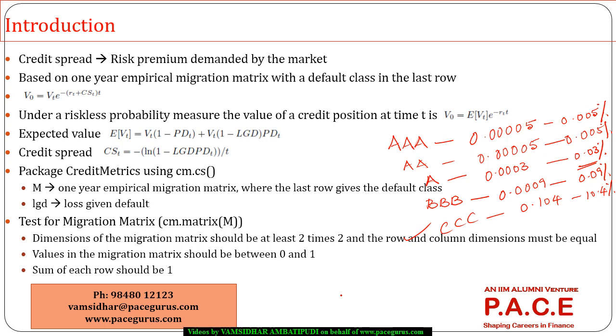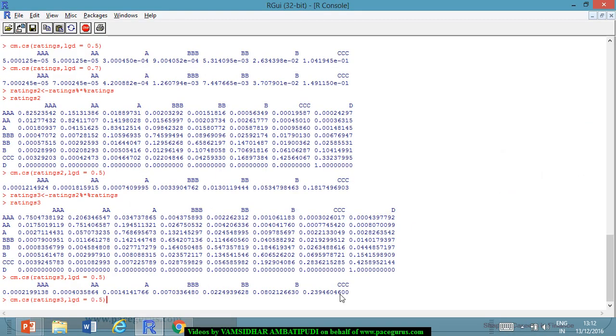Now, if possible, we could also give the loss given defaults for each one. Let's say for AAA, the loss given default is 0.9. For AA, it is 0.8. Then for A, it's 0.7. For triple B, let's say, is 0.6. For double B is 0.5. For B is 0.4. And for triple C is 0.3. And for default is 0. Now, based on that,